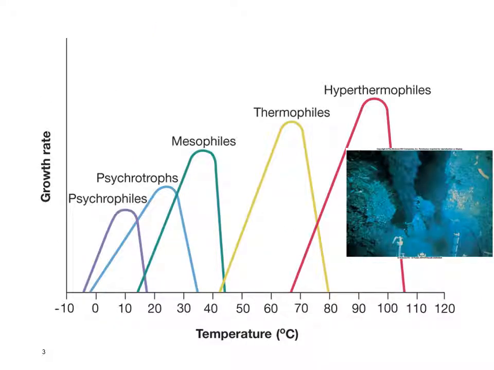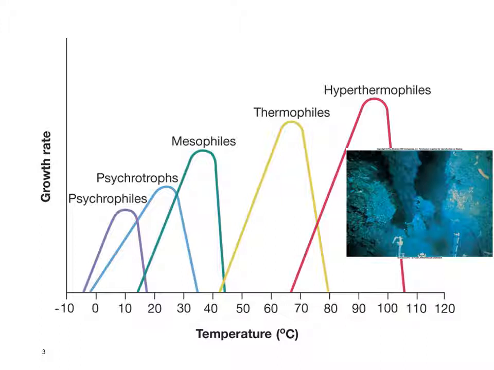Microorganisms can be placed in one of 5 different classes based on their temperature ranges for growth, as shown here. So the first group, the psychrophiles, these are microorganisms readily isolated from Arctic and Antarctic habitats. The next group, psychrotrophs. This group includes both bacteria and fungi that are major factors in the spoilage of refrigerated foods. The third group, mesophiles. Most microorganisms are in this category, and almost all human pathogens are found in this group.